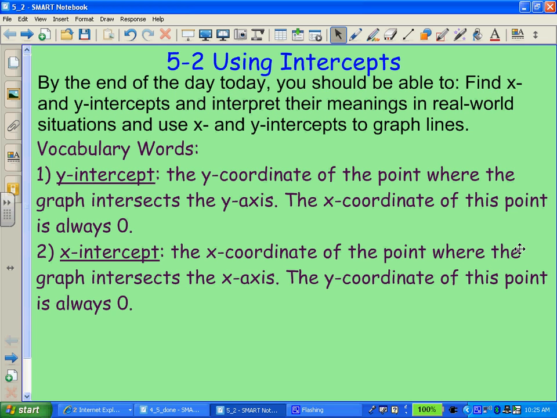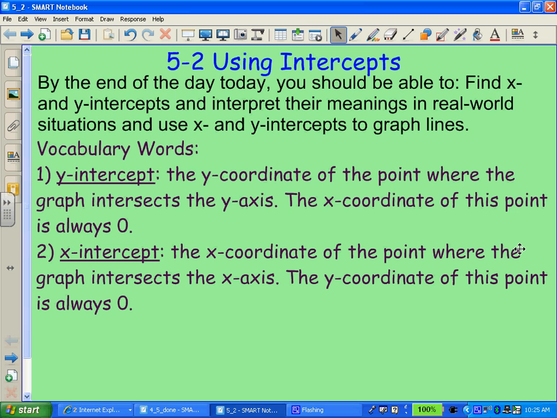What I try to think of, intercept reminds me of the word interception, like football. So, if you drew a line from the quarterback to the receiver, when you intercept the ball, you cross that line and take the ball before it gets to the receiver. Same thing here: the line crosses the y-axis, that's the y-intercept, and the line crosses the x-axis, that's the